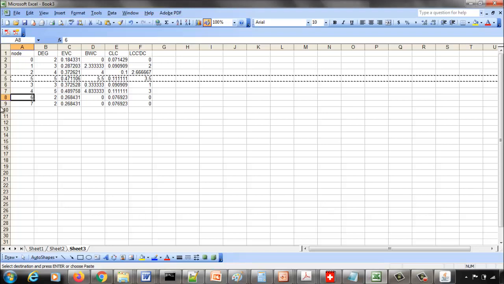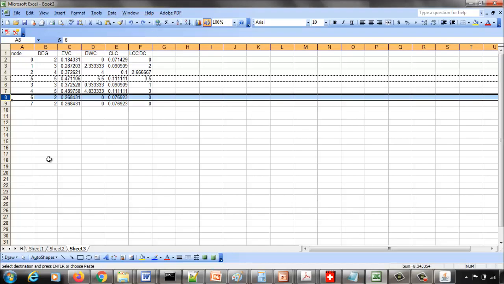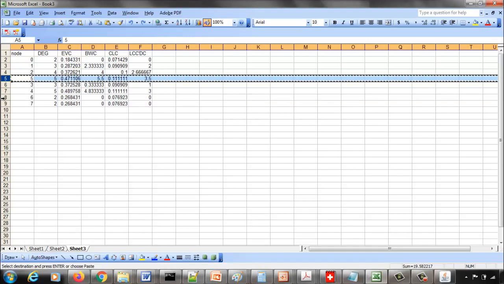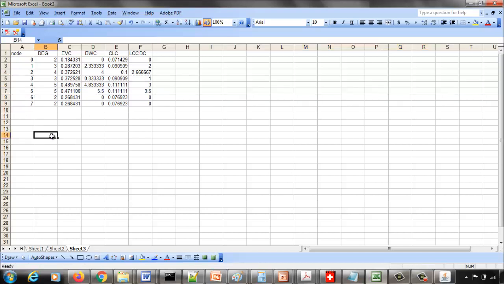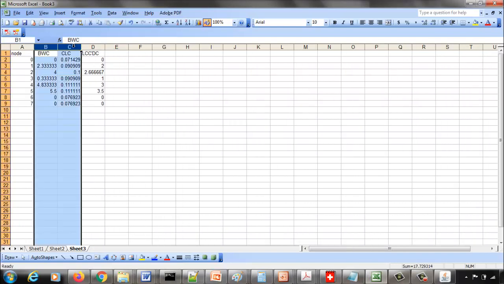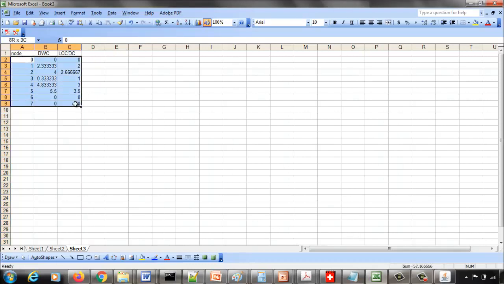So I'm cutting and pasting this here. No, it should be done the other way. So let me cut and insert these cut cells here. So now since things are 0 1 2 3 4 5 6 7, now we're interested only in betweenness and LCC prime DC, so I can delete these two columns as well as this column. So now you don't need to store the centrality name, so you can just copy this